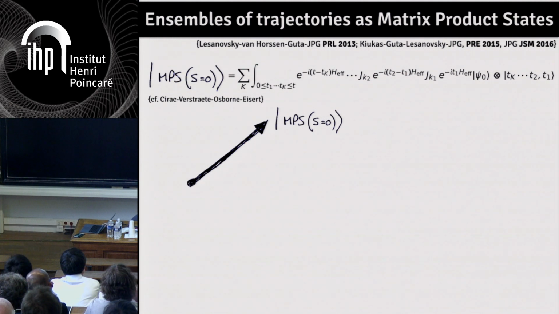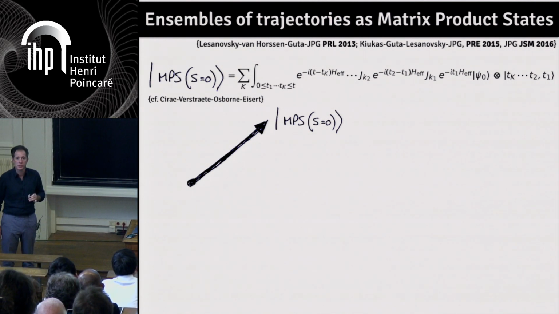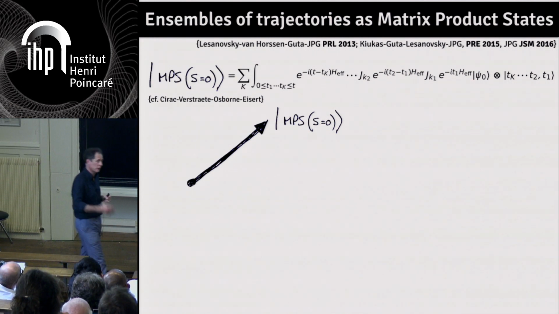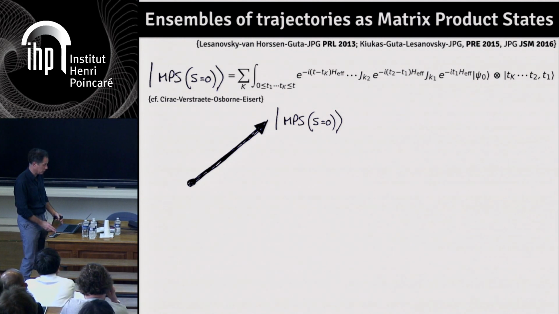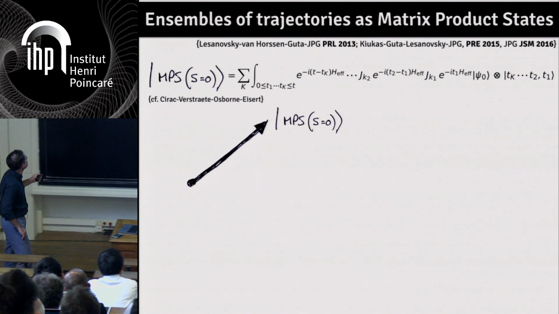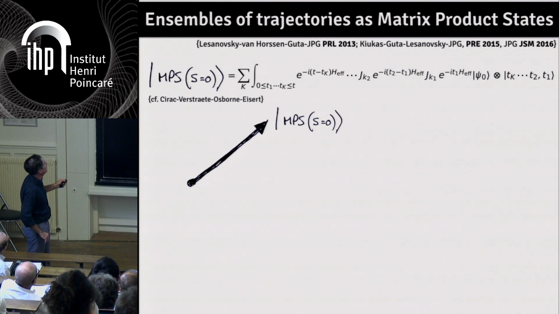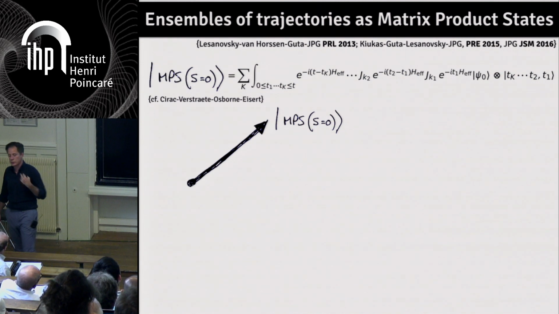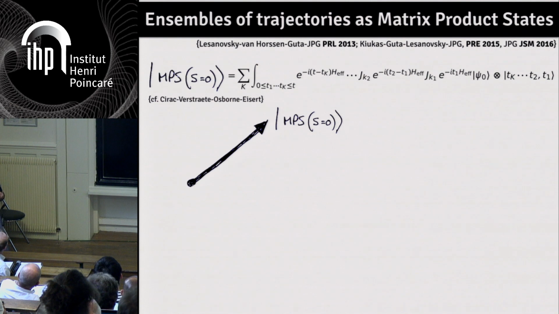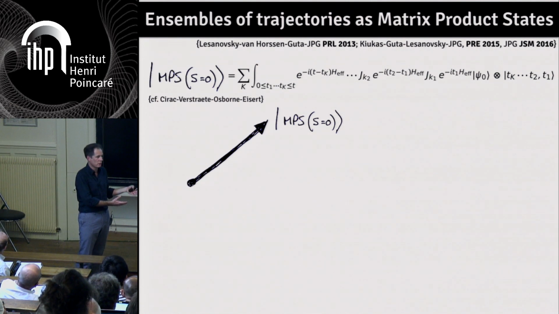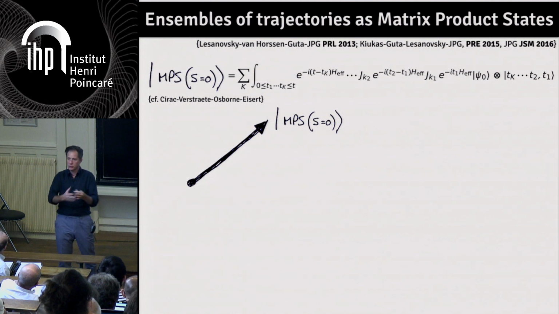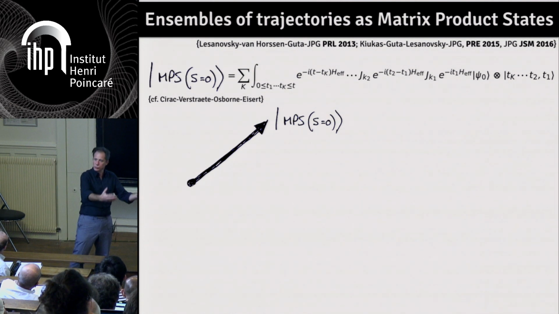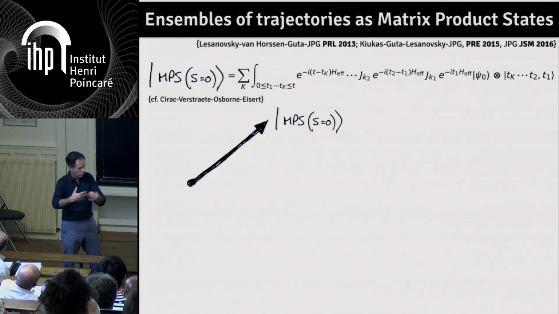So let me discuss a little bit some of the interesting mathematical properties that are associated with this way of thinking. So first one is that ensembles of trajectories are matrix product states. This is just a way to classify ensembles of trajectories. So what's an ensemble? An ensemble is a set of objects with their probabilities. So the objects are trajectories, the stochastic trajectories, the quantum trajectories,